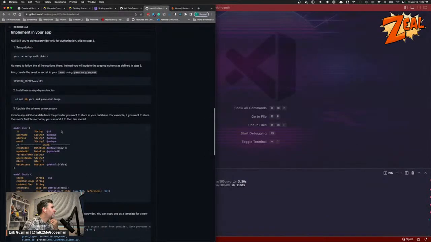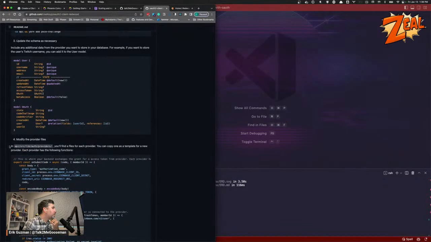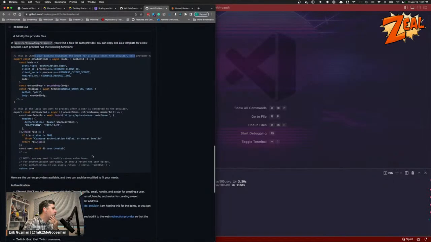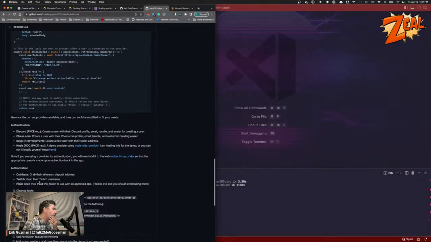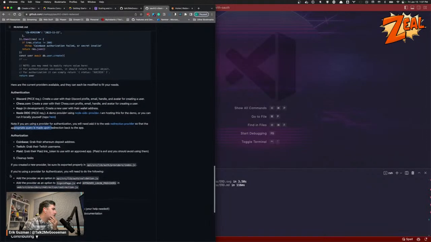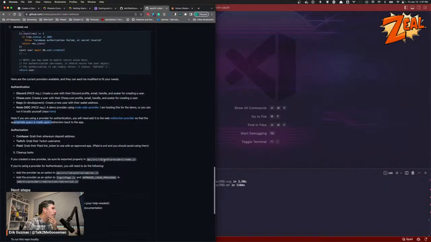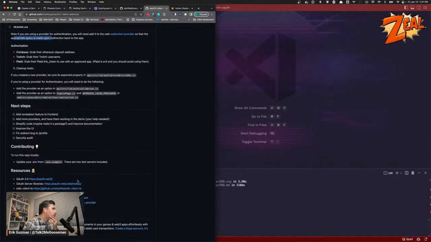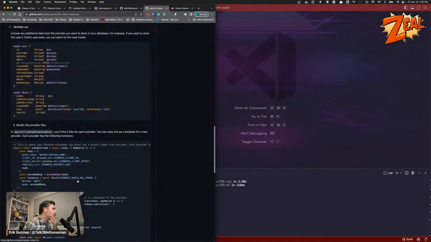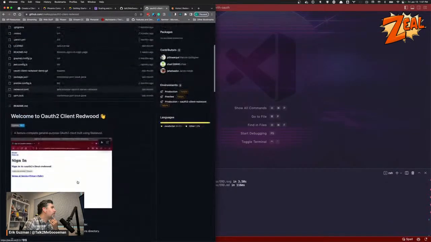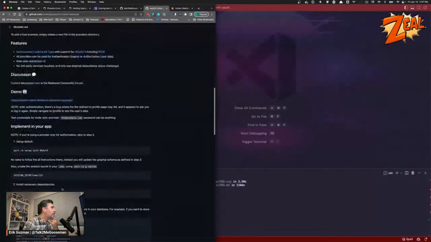So, modify provider files. In the provider, you'll find the files for each provider. This is where your backend changes. Now, if you're using a provider for authentication. Okay, so this is as far as everything goes. I wish there was a more